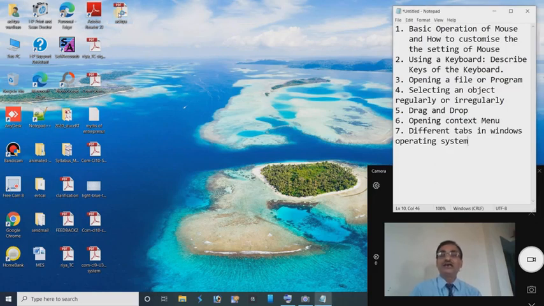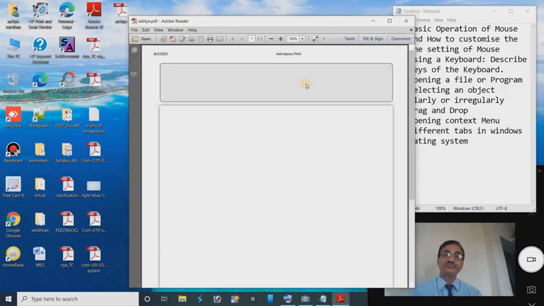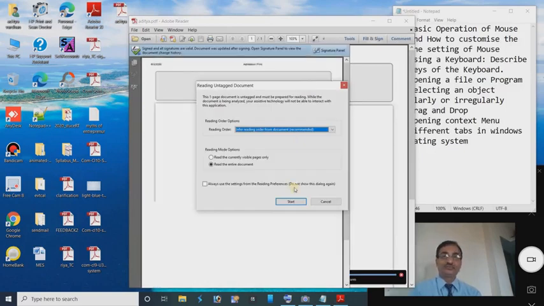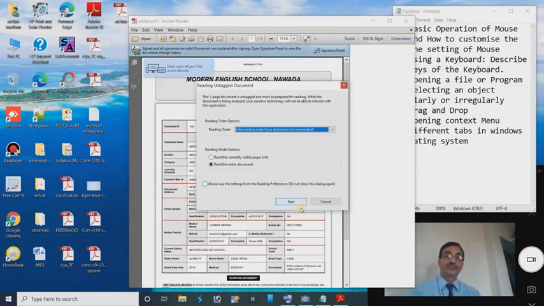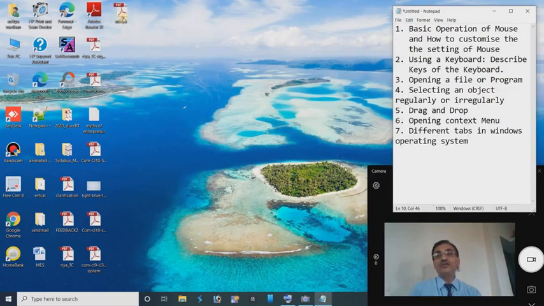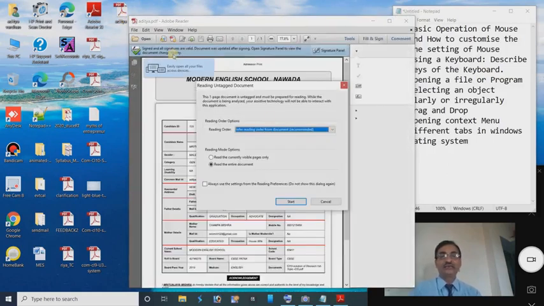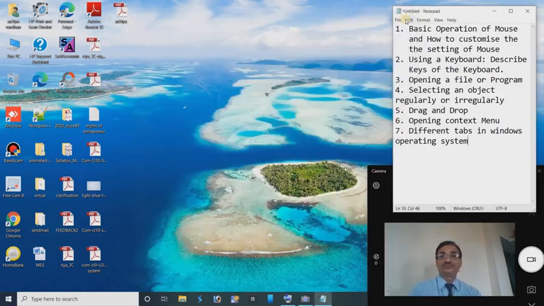And when you double click on a file icon on the desktop, the file is opened. A single click will only select the icon, and double clicking will start the application or open the file that is present in the form of icons on the desktop. Okay, so now I have to close it.